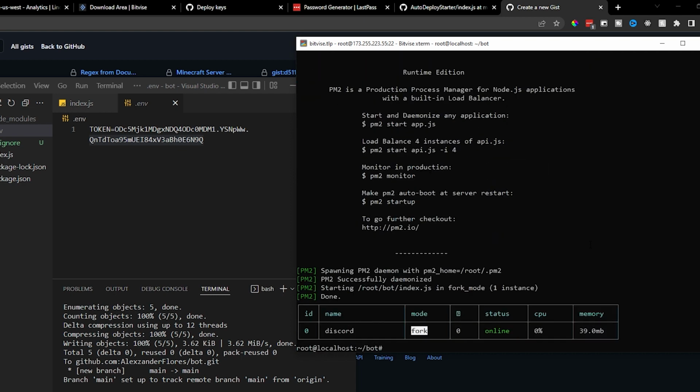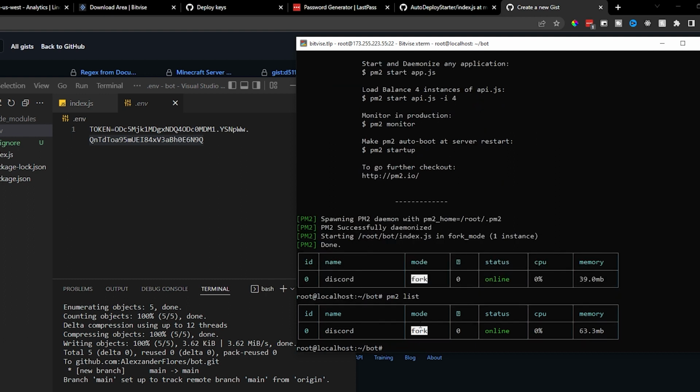Now, if I press enter, we now see this table right here. We can view this table anytime with PM2 list. Here we see the ID, the name of the process, if it's online, and this symbol right here doesn't actually render correctly on VPS servers for some reason, but this is how many times it's actually restarted. We then see our CPU and memory usage,